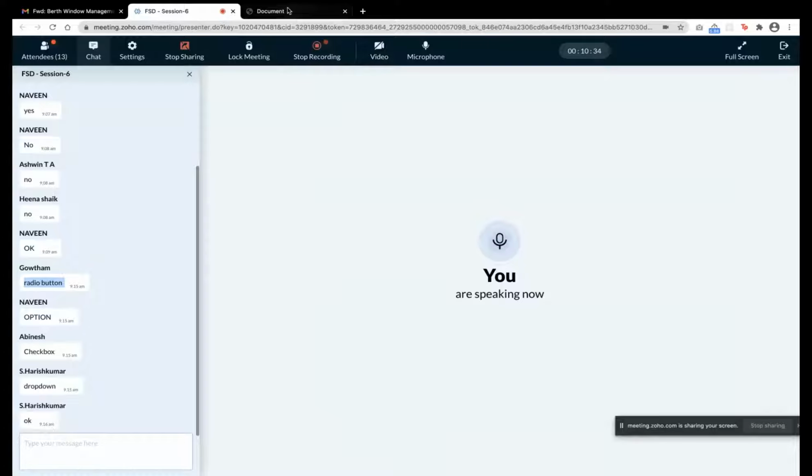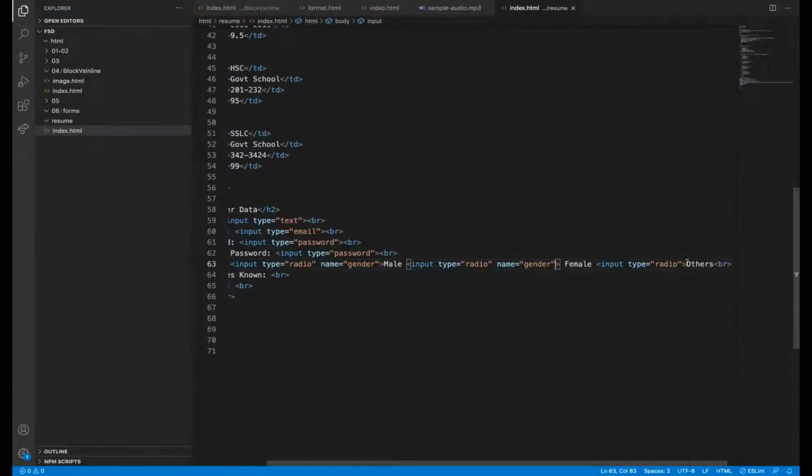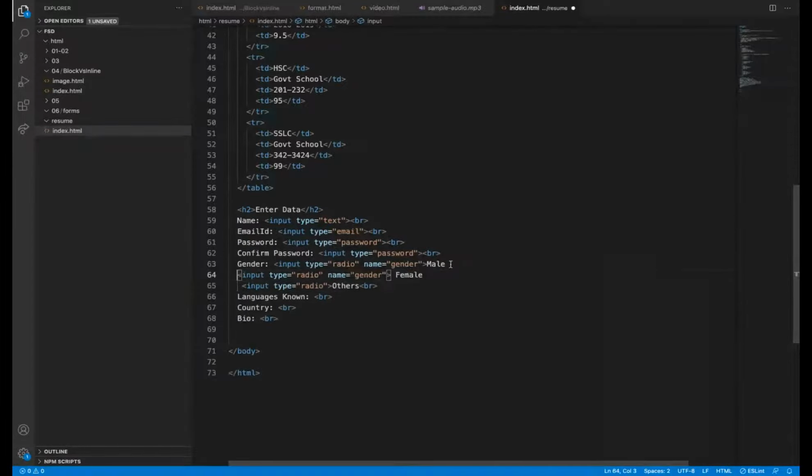To make that possible, there is an attribute called name. In the name, you need to give gender. We are going to group all these 3 radio buttons in the name of gender.